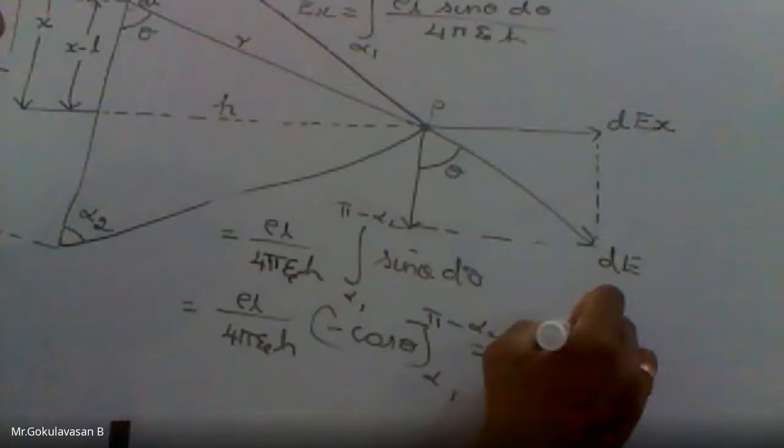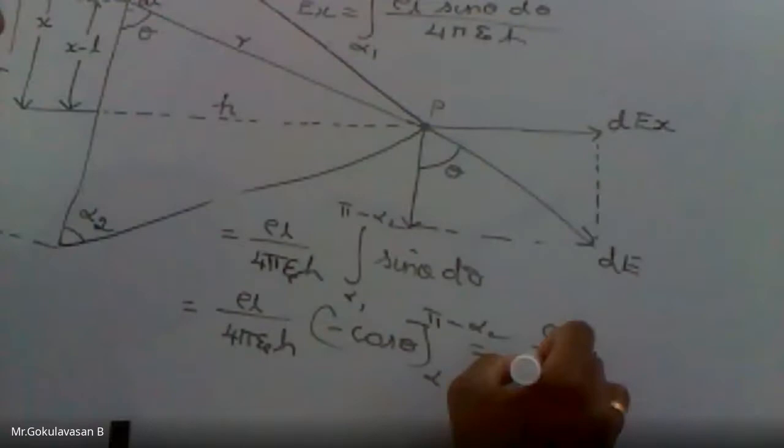rho L by 4 pi epsilon h, and here cos of